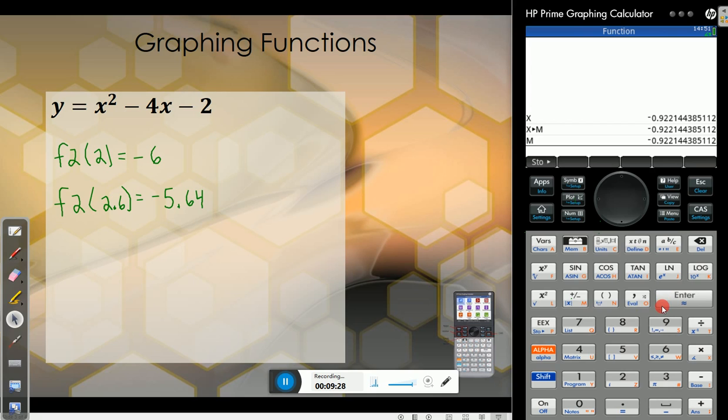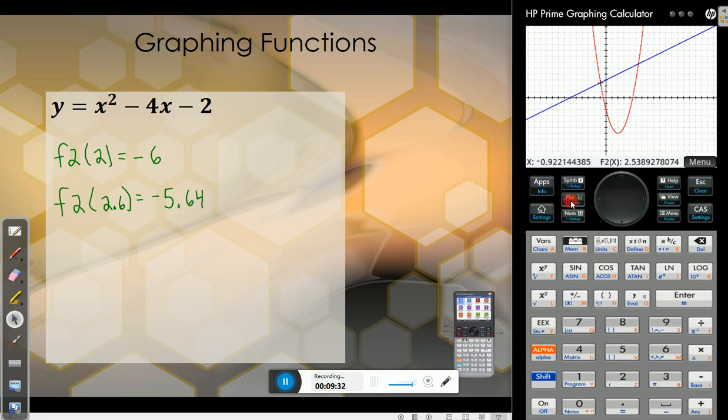All right, one more thing we want to be able to do. So go back to the graph, which is plot. We want to be able to figure out where these cross the x-axis. All right, so let's go to F1. So right now I'm on F2, so I can hit down or up. So now I'm on F1. Where does F1 cross the x-axis? Yes, you could just count over here. It's a nice number, but if it wasn't a nice number, you would want something the calculator could do to calculate it. So go back to menu, function,